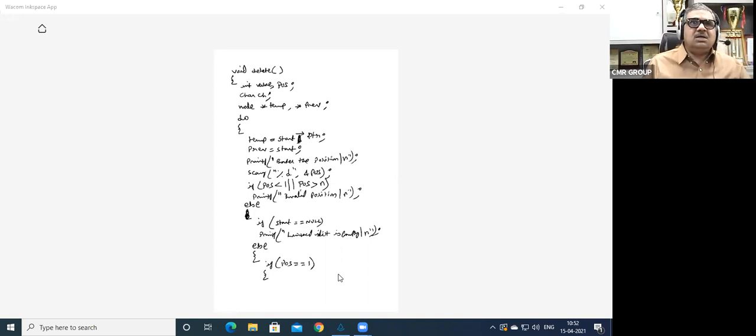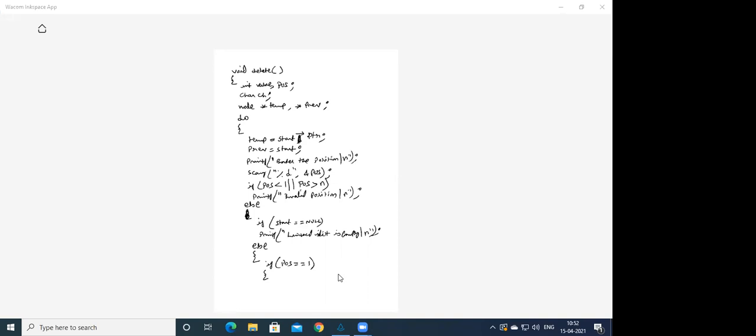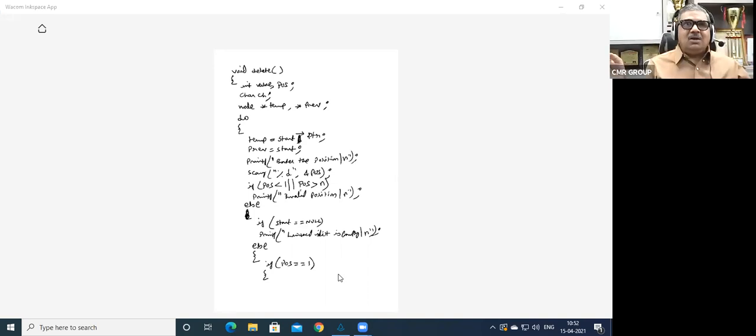For the first node, you can simply say free. Which pointer is pointing to the first node? Start. But don't say free start, sir. What will happen if you say free start? Your linked list will get broken. Are you getting the point or not? Don't say free start. You should always free temporary. You should take either previous or temp.